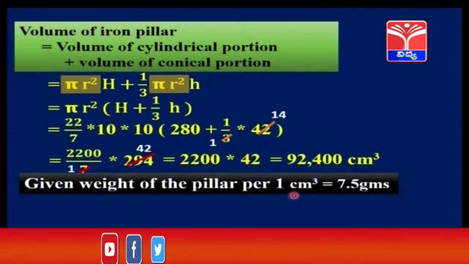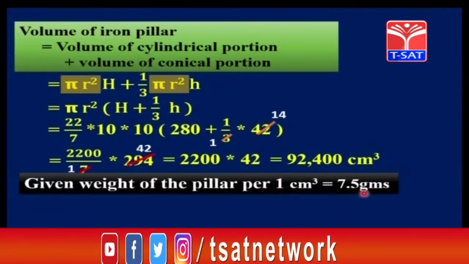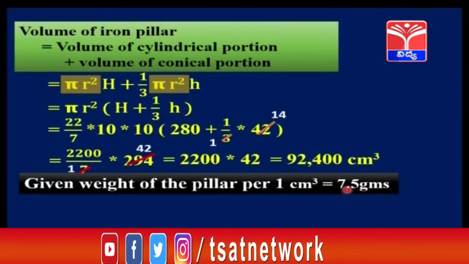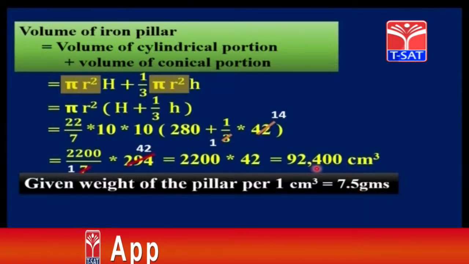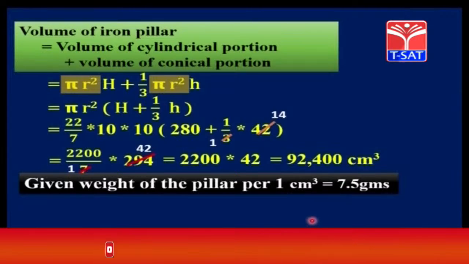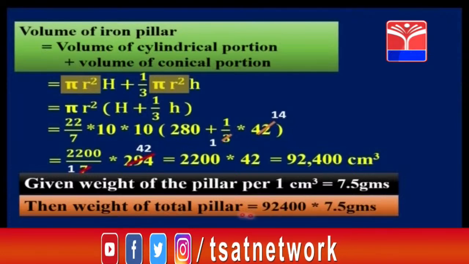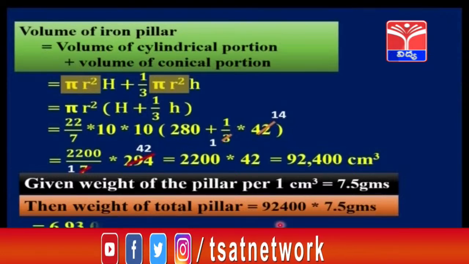But it is given the weight of the iron pillar per 1 centimeter cube is 7.5 grams. Then we have to find out for 92,400 centimeter cube volume, for this volume we have to find out its weight. So here what we have to do, children? Yes, multiply 92,400 with 7.5 grams. So that gives the complete weight of the iron pillar and the answer is